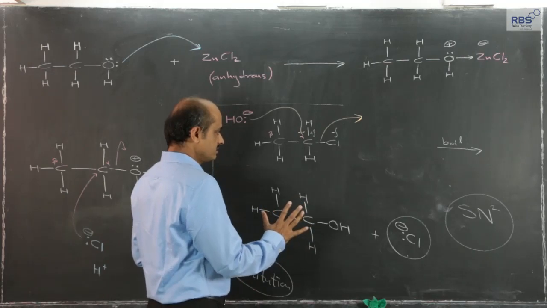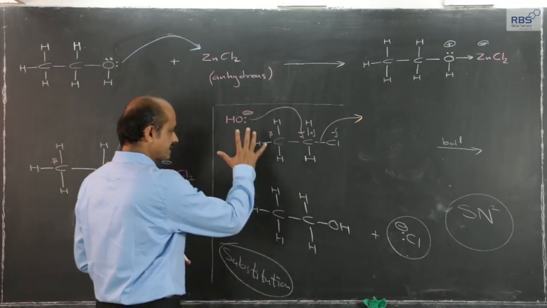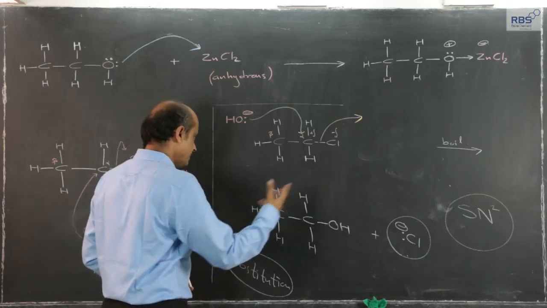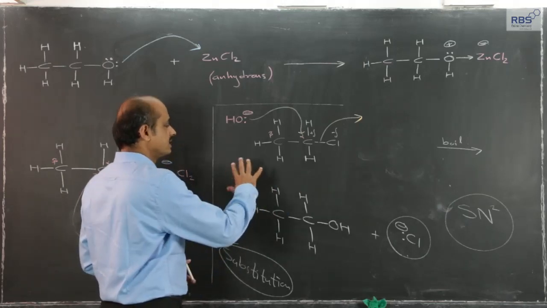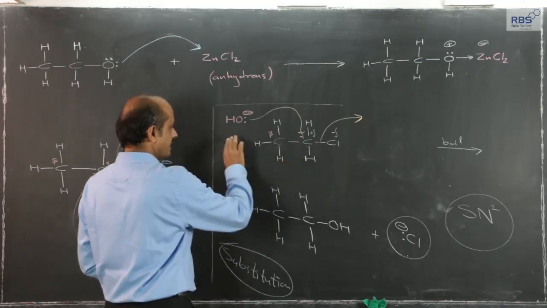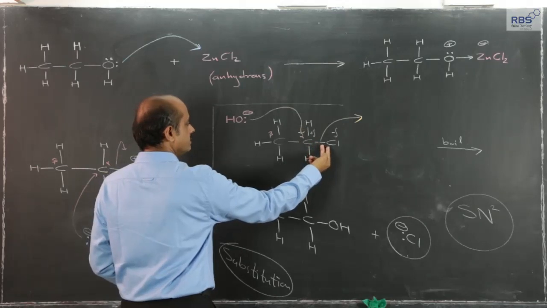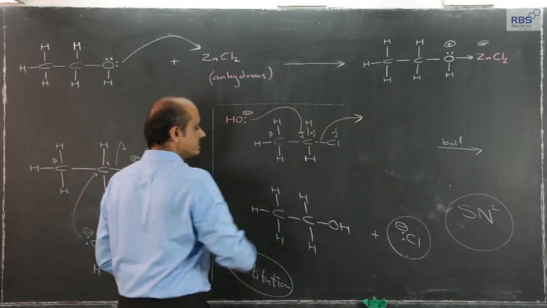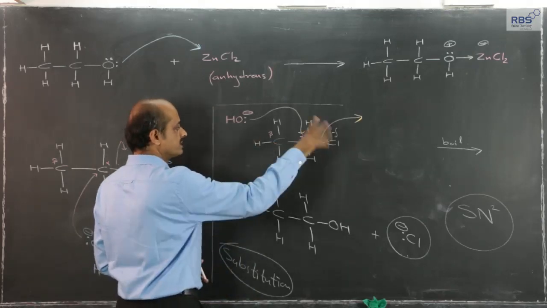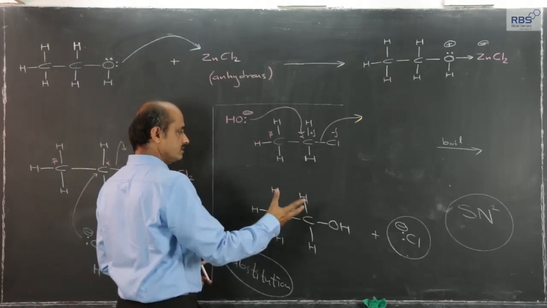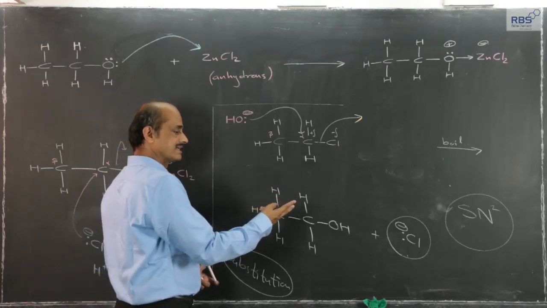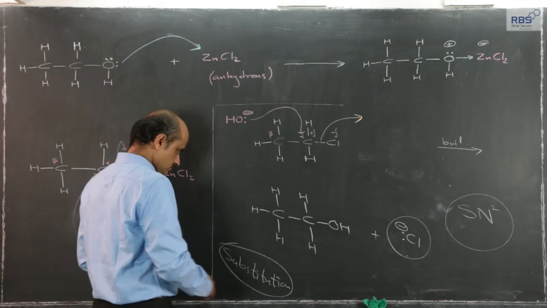At least this much is now known to you, that this is an example of SN reaction, and when we consider the kinetics, it will be known to you that it is SN2. Simultaneous attack of one nucleophile, and the leaving group also goes out, and since the two things take place simultaneously, this nucleophilic substitution reaction is labeled as SN2 reaction.